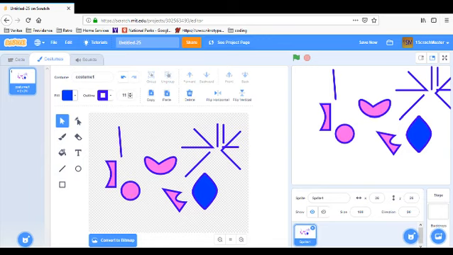And actually, we've been doing this for like 11 minutes, so I'm not going to go over bitmap mode in this video. I will be going over bitmap mode in the next video though, so hang tight,